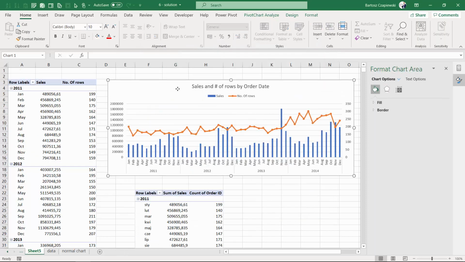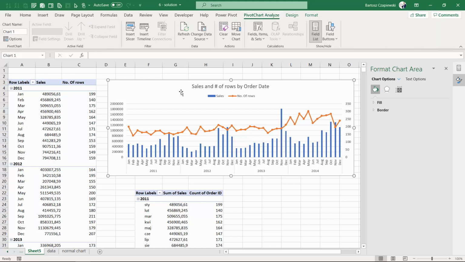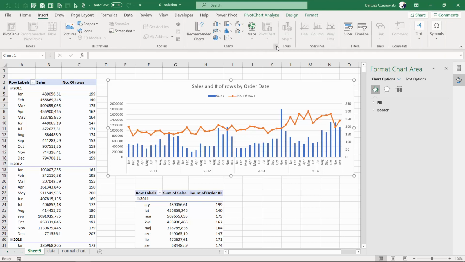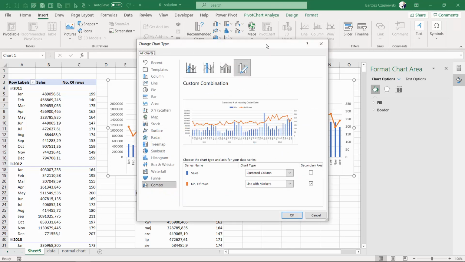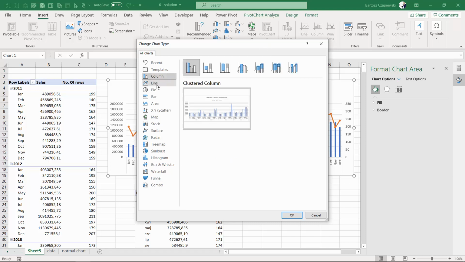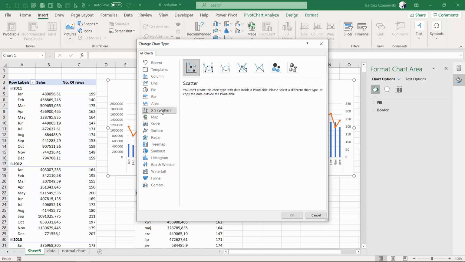Column chart, line chart, and the combo chart are probably the most popular ones as regards data visualization, but still you've got plenty of other charts inside Excel, although not all of them are available for pivot charts. So we saw already column charts, line charts, sometimes pie chart. Bar chart works in a similar way as the column chart, area chart,